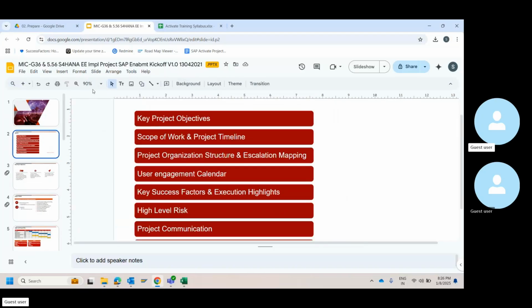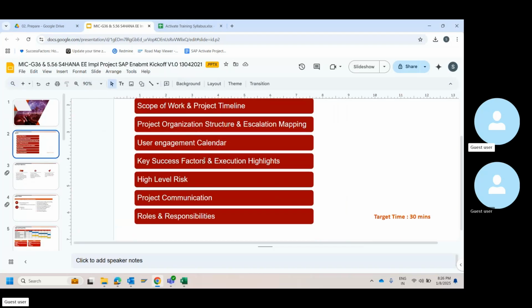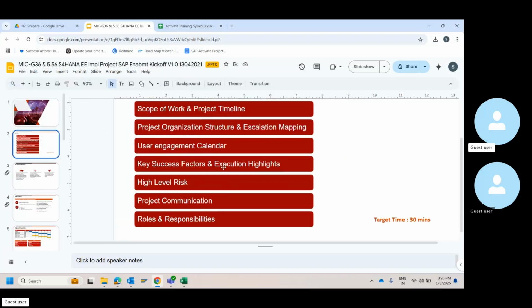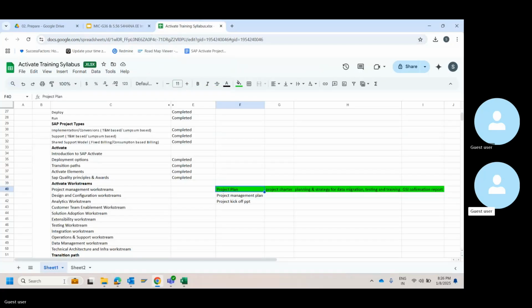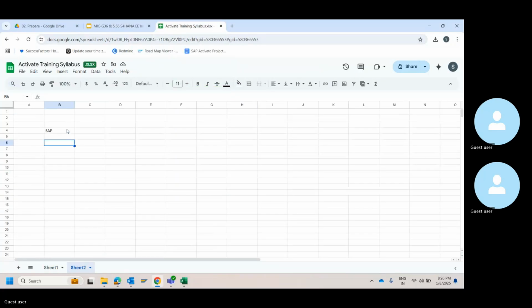Whatever you need, you can build on top of this. For example, project governance. How do you govern? What is the cadence that you will follow? What are all the different templates that you will utilize? There are a lot of n number of things that you can attach as part of the kickoff. Again, that depends on the target audience you will have during your kickoff meeting. So are you clear of this? This is just for you to get a very brief understanding of how it is actually done. Now the next thing is project management plan.